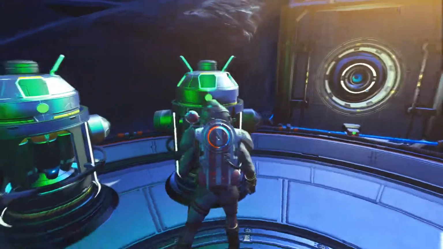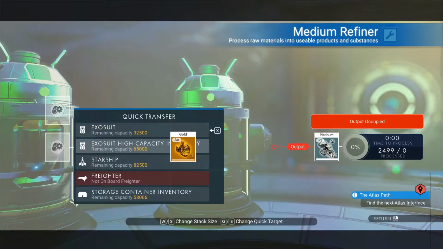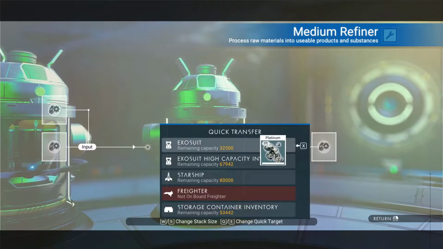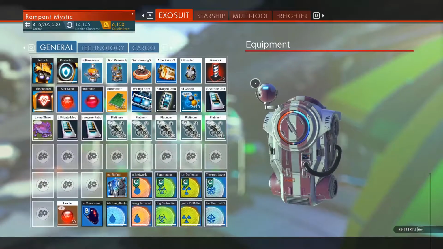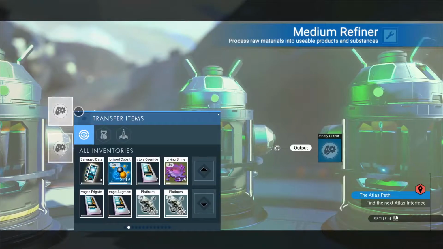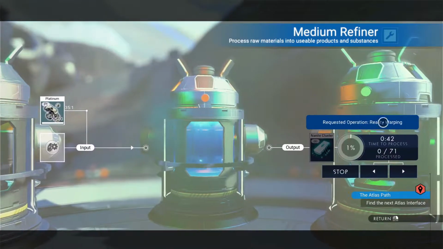So what we're going to be doing is continuing. Oh, there's one left here. That's more than fine. You know what? Place it over there. So what we're actually going to do is we have 10,000, right? Let's see where they went. They're not in the starship. There they are, 10,000. Now this is apparently a slow method, but it is kind of quick